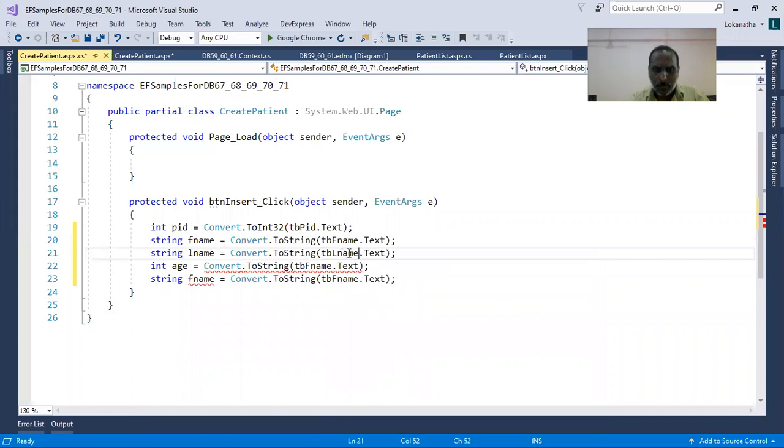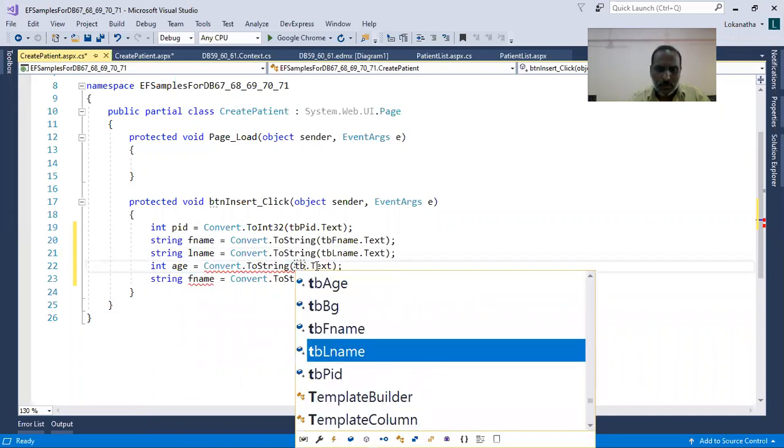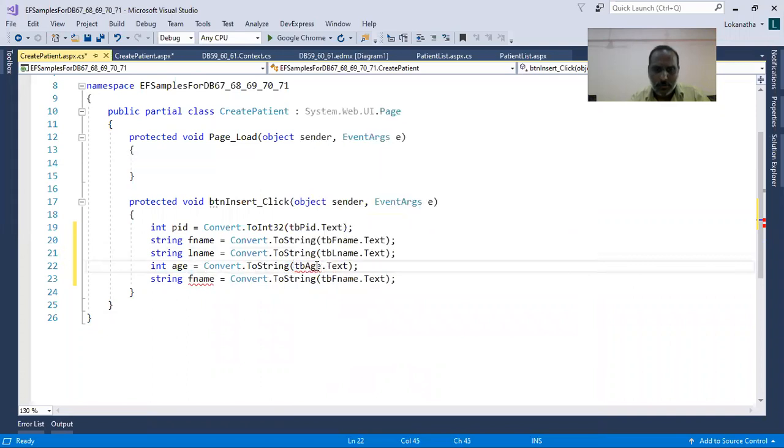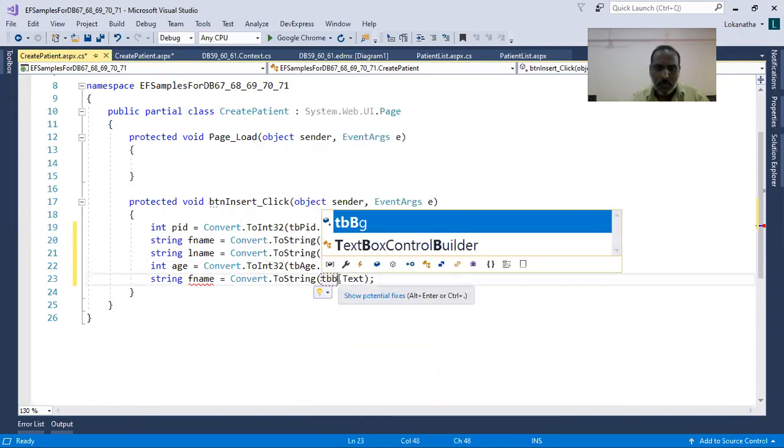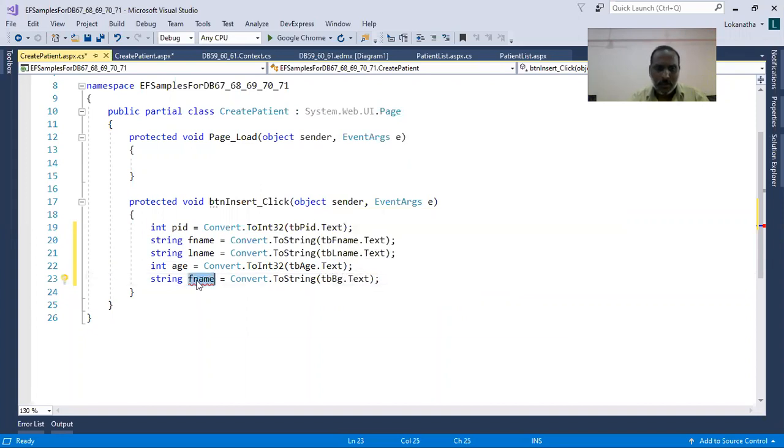TBLName, then TBAge, ToInt32. Then TBBG. Okay, so controls data is coming into these variables.